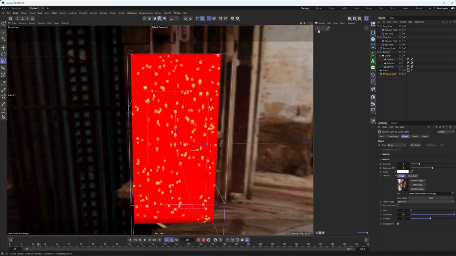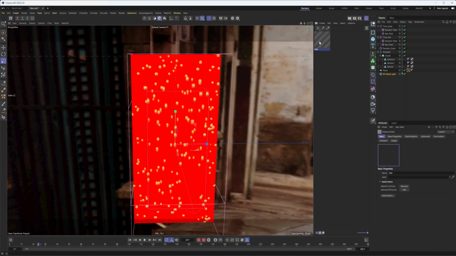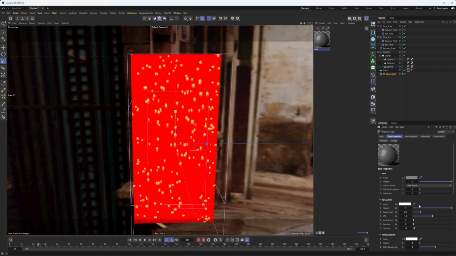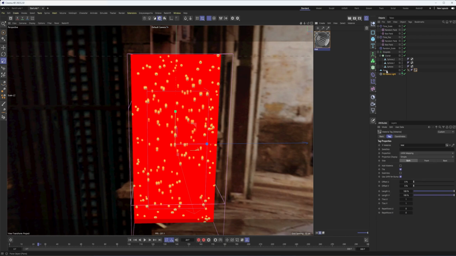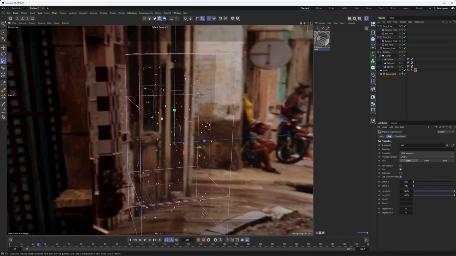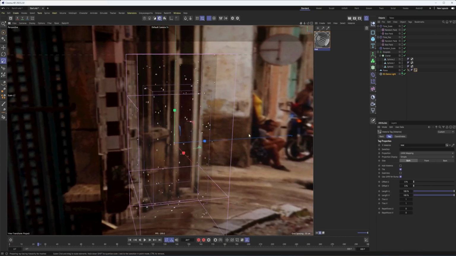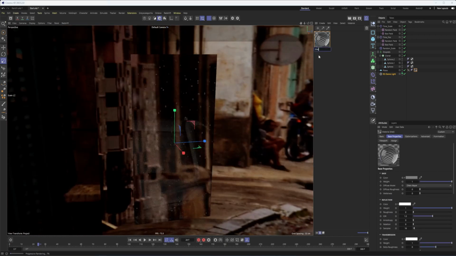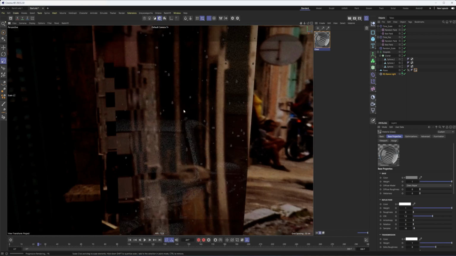I'm going to create a glass material, new default material, base properties, reflection roughness down to 0, transmission up to 1. That'll give us glass. I will apply that to the plane. And now if I was to start rendering this, let's name this material glass. Okay, we can kind of see what we're working with.